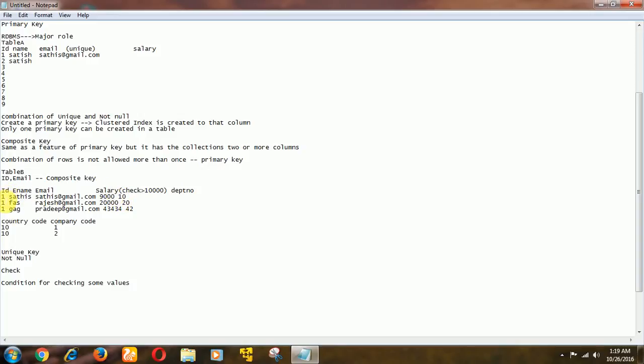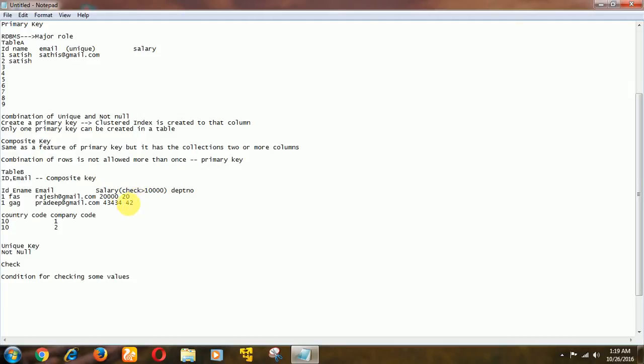So what happens to this record? You cannot enter this record. I just want to consider these are the records that are already available. So when you are trying to insert a record that is below 10,000, you cannot enter